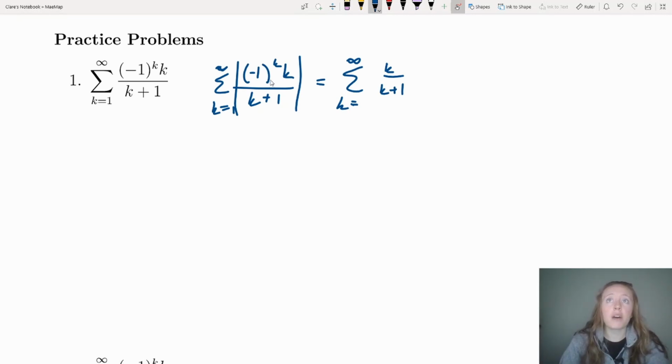But we need to figure out what happens with this series, and it's not a p-series and it's also not geometric. What I like to start with is the divergence test. So if we do the divergence test,